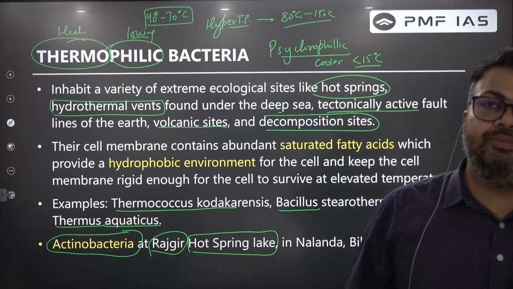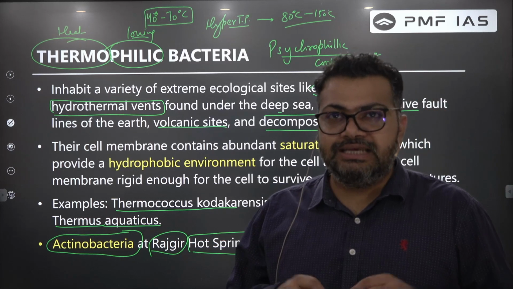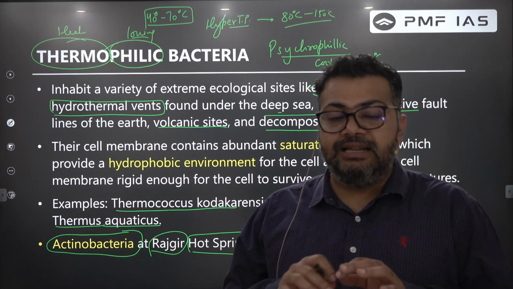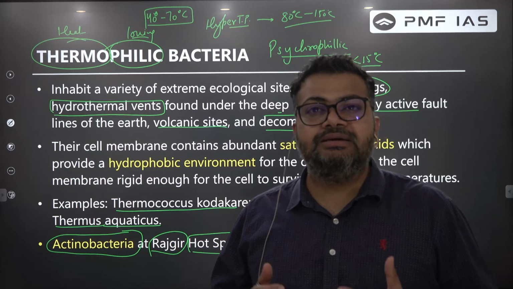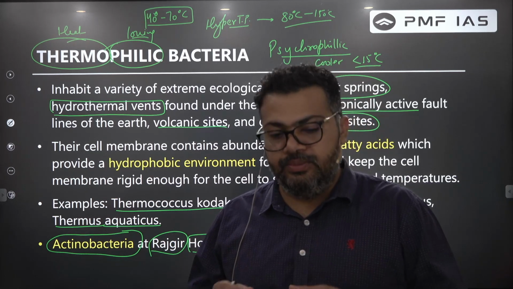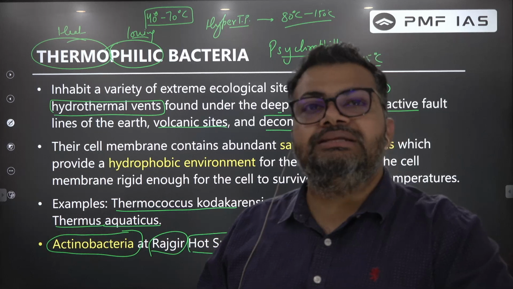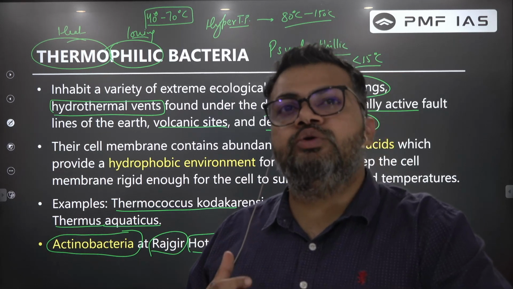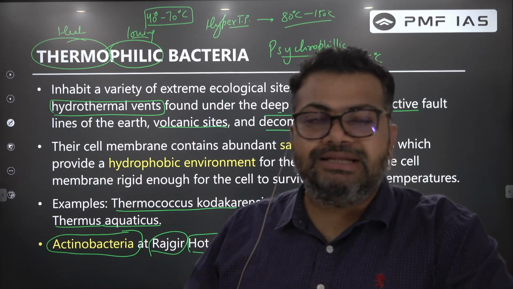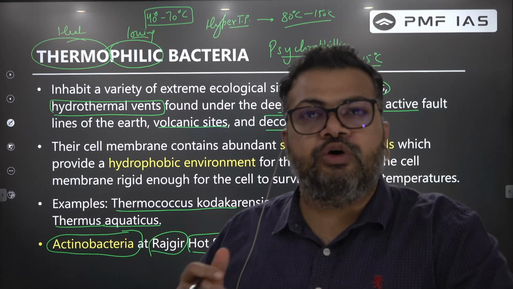Now, how are they able to survive? They are basically able to survive because of their cells. The outermost layer is the cell wall, but inside the cell wall there is a covering called the cell membrane, and it contains a very high hydrophobic environment. It basically contains so much fat that these fats are able to remain away from